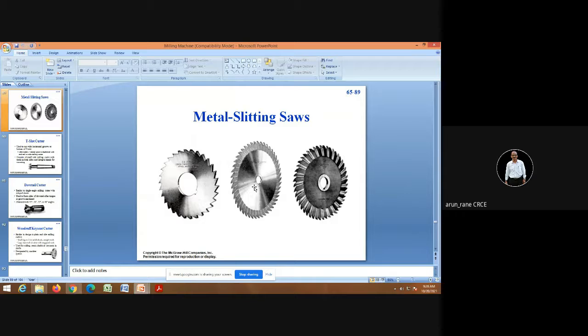Because if your spacers and nut are not tightened properly, see, tighten properly means you should not tighten it like a Dara Singh, otherwise the cutter itself will crack because of the excessive tightening force. So it should not be less, otherwise the cutter will fly. In this case, if it cracks, your holding forces or tightening forces are just nice, so that the cutter doesn't fly off. So you have to be extremely careful when you are handling the metal slitting saws.